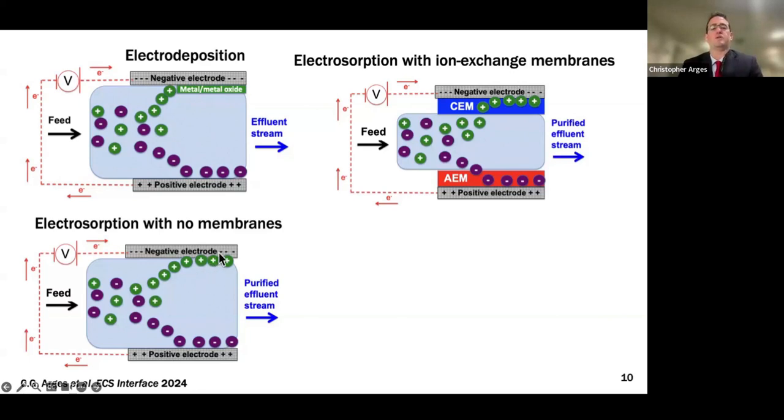We'll talk about the modes of action later on that enable selective separations, but you put an electrical bias on these electrodes and you get the cations to absorb in one electrode and anions to absorb in the other electrode. Because of like ion charge pairs and screening, if you put these ion exchange membranes here, you can prevent co-ion absorption. And so you get greater electrical efficiency with these membrane versions of the cell, whereas this system doesn't have any ion exchange membranes. The advantage of the system with no ion exchange membranes is just basically cost, because ion exchange membranes are quite costly.